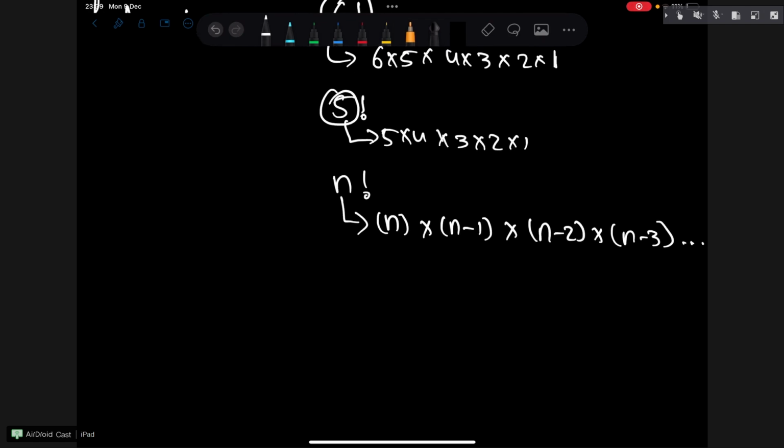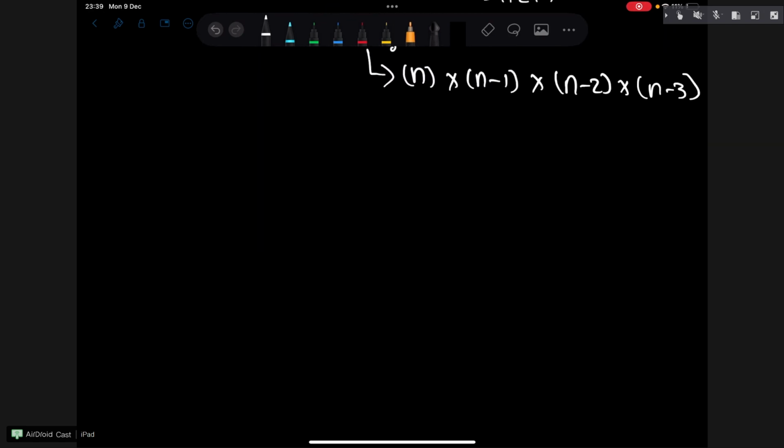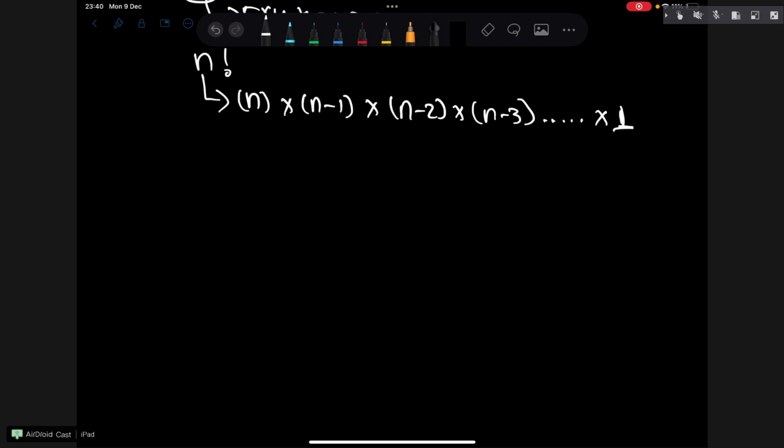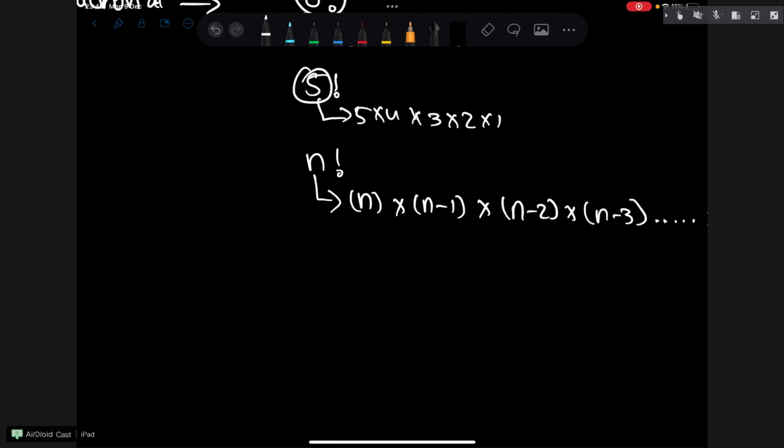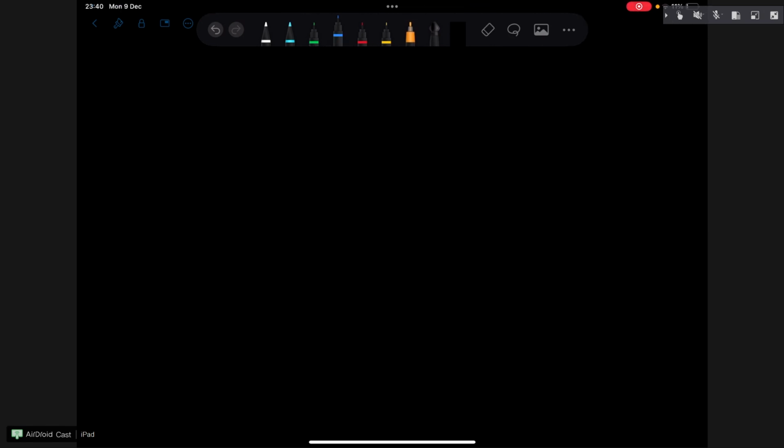So if I want to find the factorial of n, I need to know the factorial of the previous number. If I just know the factorial of the previous number, I can multiply it with n and get the answer. Suppose I rewrite the 5 factorial